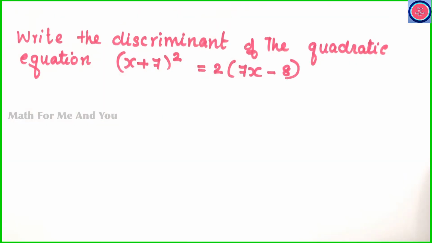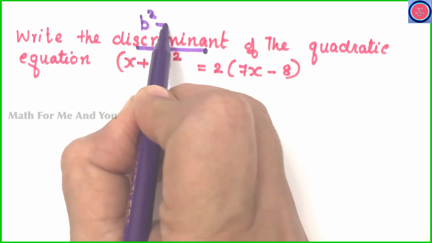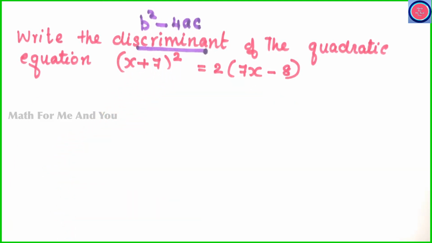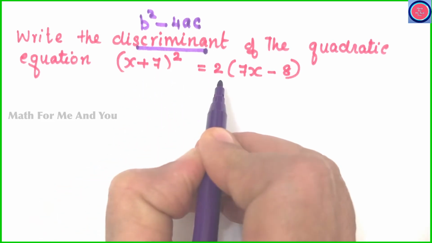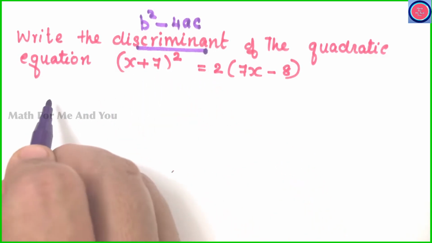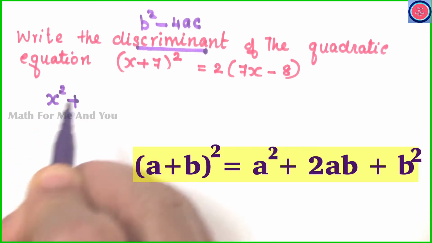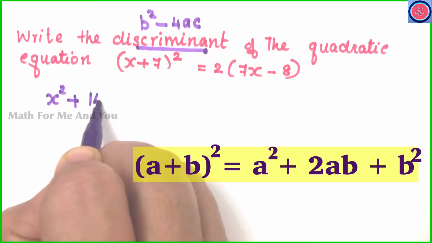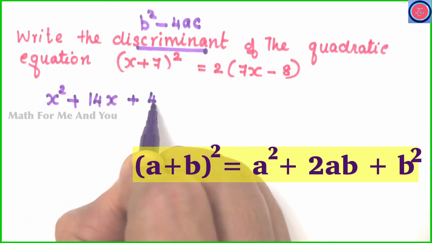Look at the question. Write the discriminant of the quadratic equation (x plus 7) the whole square equals 2 times (7x minus 8). What we need is the discriminant. The formula is b square minus 4ac. But look at the quadratic equation given. It is not arranged. We have to arrange it in standard form. First we need to remove the brackets on both sides. The left side we remove the bracket using the identity (a plus b) the whole square. So we get x square plus 2 times x times 7, that is 14x, plus 7 square, that is 49